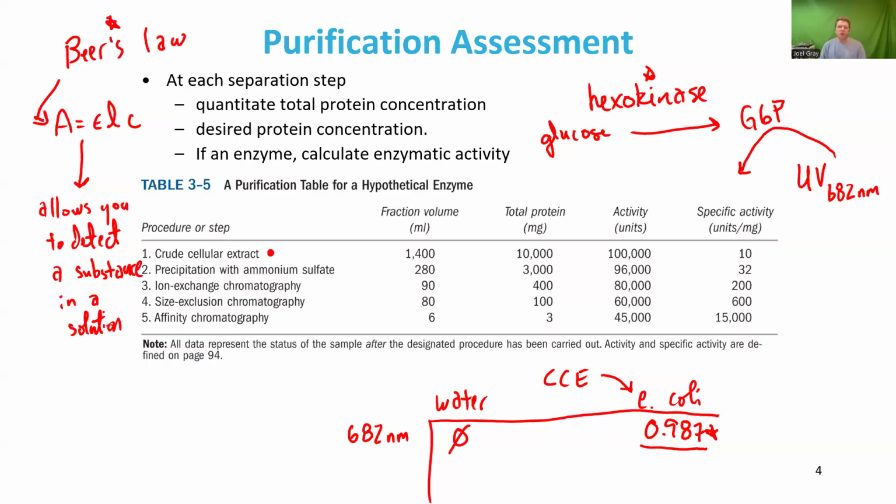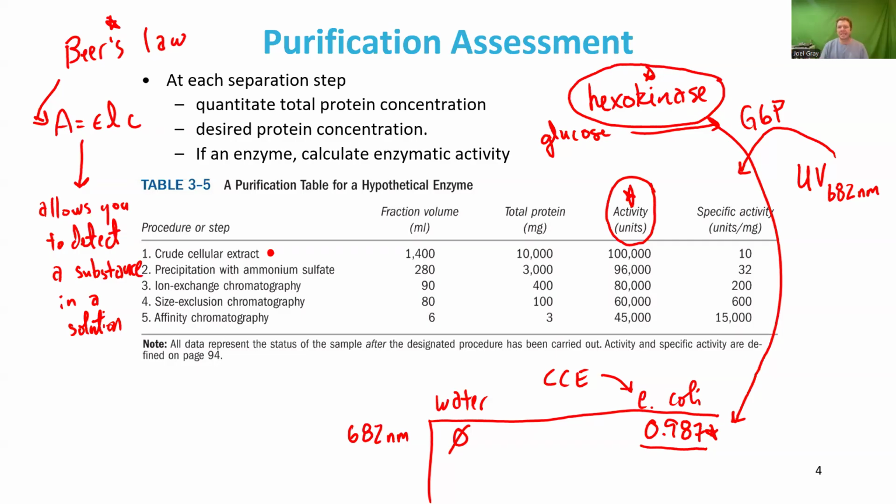Now, if we see glucose 6-phosphate in there, that indirectly tells us that there is indeed hexokinase in there, because hexokinase is our enzyme that produces glucose 6-phosphate. Could you give me a 5 in the chat if you follow that, an A in the chat if, wait, that was too much of a jump, I don't follow? Okay, great. So I want you to operate with that idea because that is the principle on which you make a column like this, enzyme activity, that shows that indeed there is some enzyme